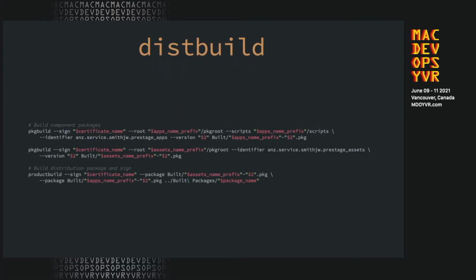So the distbuild script first builds the two component packages, and then it'll combine them into a single distribution package. Now at each stage of this, I sign these packages with our Developer ID Installer certificate. You don't necessarily have to do that for the two component packages, but it is a hard requirement that you do it for the one that wraps everything else, the distribution package. If you want to build just one of the component packages by themselves, I just use the build scripts that I've got in each of the root folders of those individual